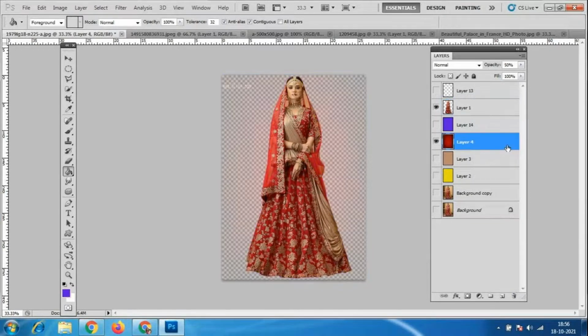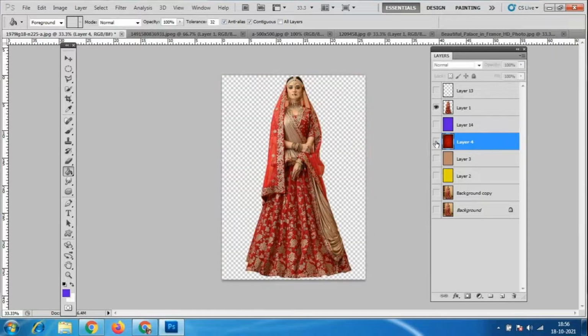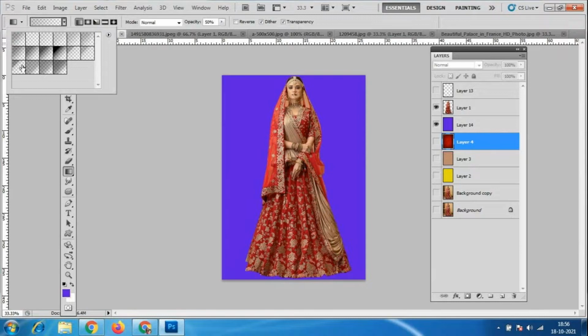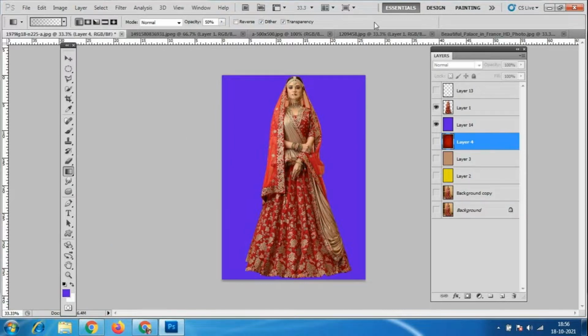See, whatever backgrounds you want, the opacity will be 100% like this. These are the background templates I have added here. Background templates you can add, otherwise you can add a single color. Otherwise you can go here, there is an option called gradient tool. Inside this we have multiple colors. If you go to this preset option, you have this many options. Okay, then you have to save the file.